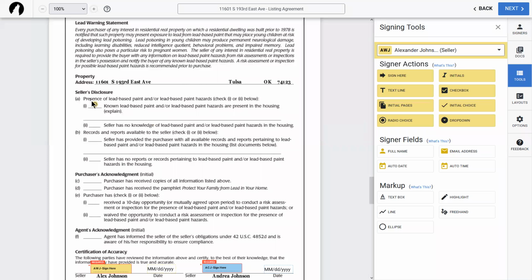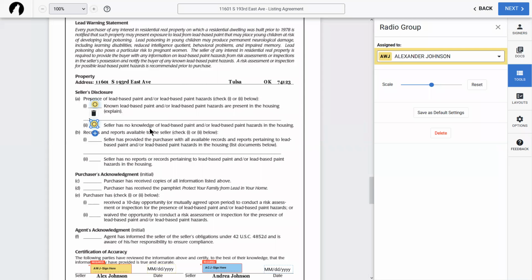Notice it's going to drop the first option wherever I land. And then if I click and drag, I can move the second option into position. If there was a third choice on here, I can right click on this. Oops, not right click, excuse me, that's the old system. I can click on it and then hit the add button.